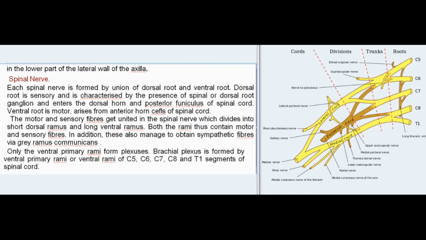The motor and sensory fibers get united in the spinal nerve which divides into short dorsal ramus and long ventral ramus. Both the rami thus contain motor and sensory fibers. In addition, these also obtain sympathetic fibers via gray ramus communicans. Only the ventral primary rami form plexuses. Brachial plexus is formed by ventral primary rami or ventral rami of C5, C6, C7, C8, and T1 segments of